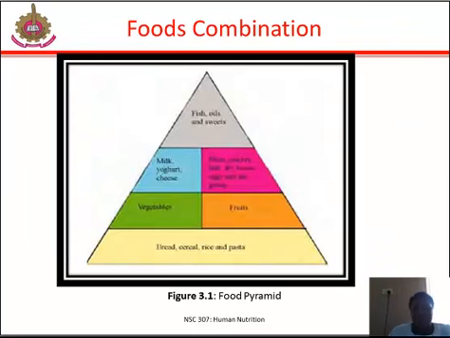Let's look at the food combination from the food pyramid that is shown on your screen. In order to have a good balanced diet, people in your community will need to eat other foods, like I've said earlier on. And animal sources are good because they contain high protein, they have high energy. Therefore, adding small amounts of animal products like meat, egg, and milk to your staples and legumes and vegetables will improve a balanced diet. Animal foods will also provide fat and vitamins, and also iron and zinc. But these foods may not be easily available, and even if they are, they are usually expensive.